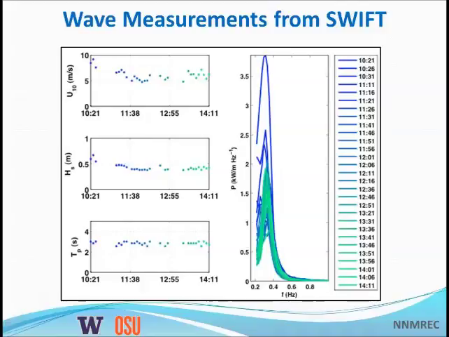What this wave data suggests is that we may see some periodicity associated with this 3-second period in the noise from the wave energy converter. And finally, one other note: if this were a full-scale device rather than a 1/7 scale device, the significant wave heights would be on the order of 3 to 5 meters, and the dominant wave periods would be about 8 seconds. All right, I'll take the next slide, please.